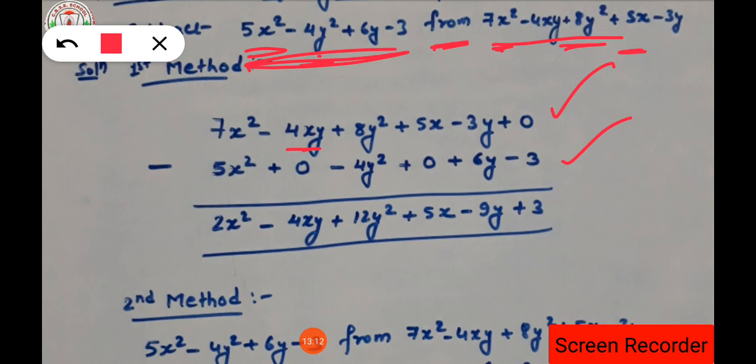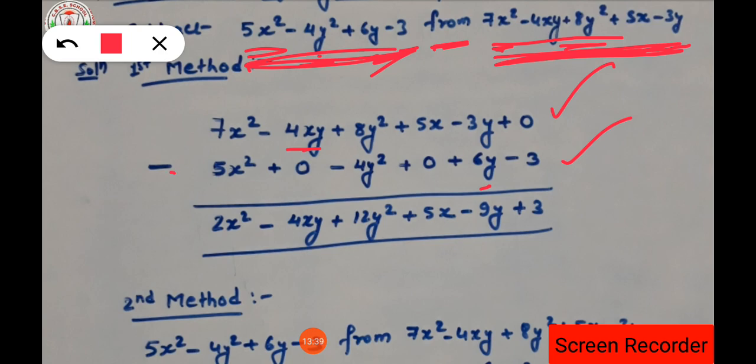Okay, next term is minus 3y. So minus 3y has a like term, that is 6y. So 6y we are going to write below minus 3y. Now the last term, what is left here? Here it is left as minus 3. So minus 3 is a constant term, and in the question we do not have any constant term. So in place of that, above minus 3, we are going to write 0.